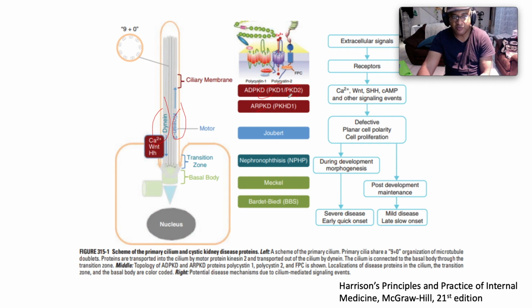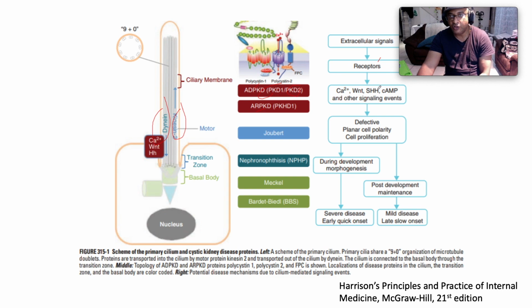Localizations of disease proteins in the cilium, the transition zone, and basal body are color-coded. Okay, another right, we're looking at potential disease mechanisms due to cilium-mediating signaling events. So we have extracellular signals, which are propagated by the receptors, and then we have a variety of mediators,